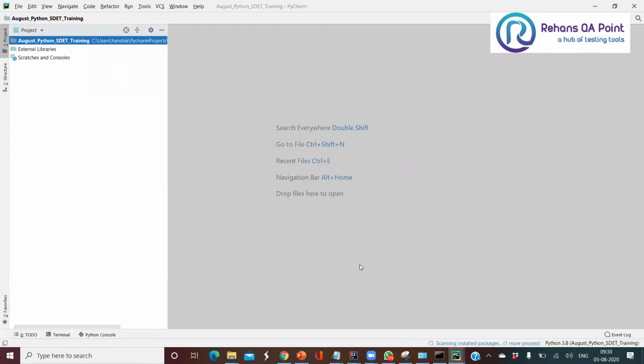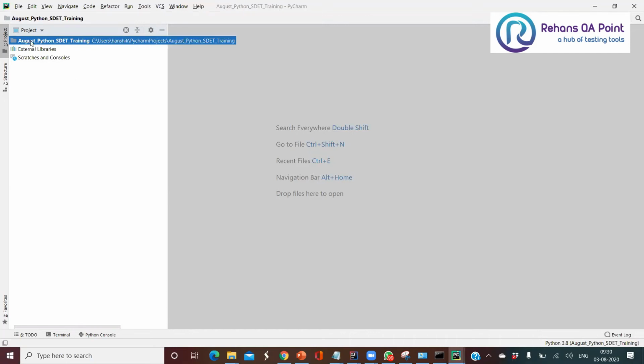You have to wait till the indexing is completed. See that no process is running. If there is no process running, then only go and access it. Now this is going to be called your project. This is the placeholder where we are going to write your code. Now we'll see how to start working with PyCharm. We created a project and we are supposed to write programs.